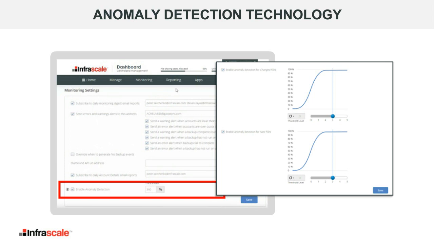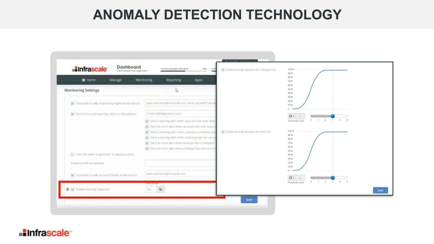And then it throws a warning saying, typically Pam only changes like 4 or 5 files a day, and it's a couple hundred megs, if that. So this alerts you to a sudden change in data growth. So your team can go address that and then replan your infrastructure to account for that data growth.